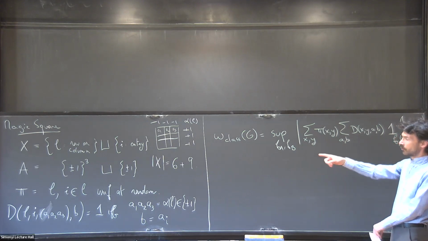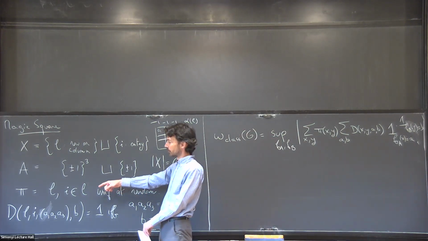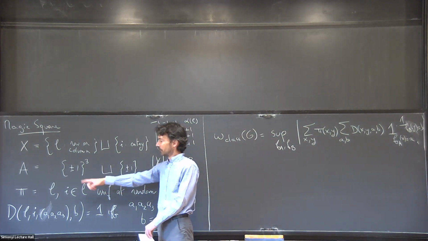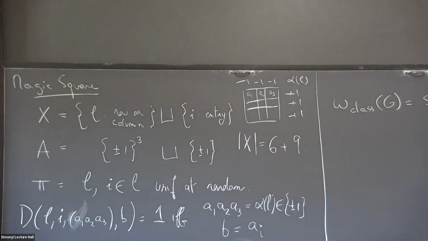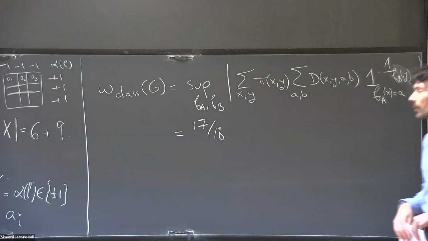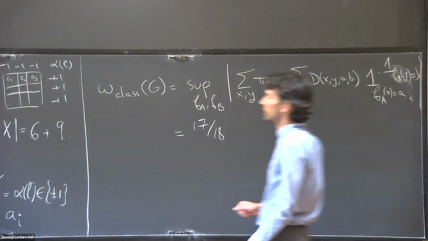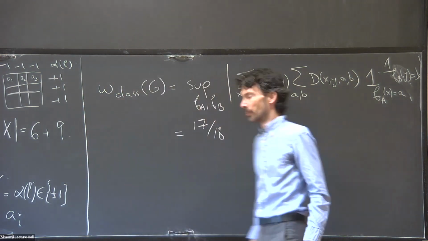So you must fail on one of these, and the pi is uniform over its support. Its support has size 6 for the number of lines times 3 for the number of entries in a line. So that's 18, and you must fail on at least one of them. Whatever, there are many possibilities for the strategies.